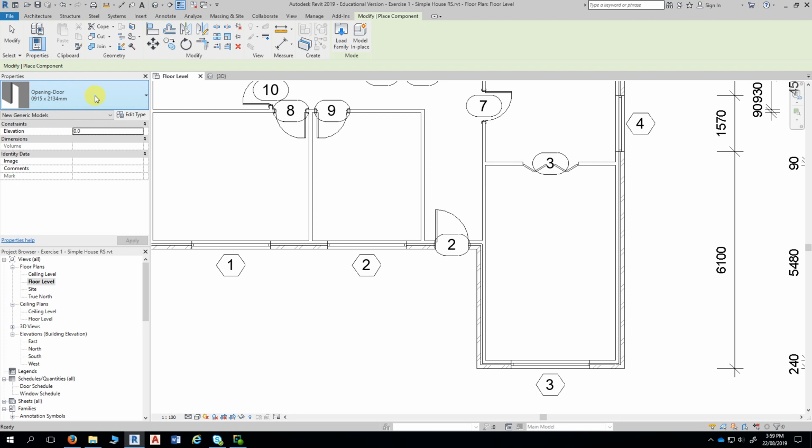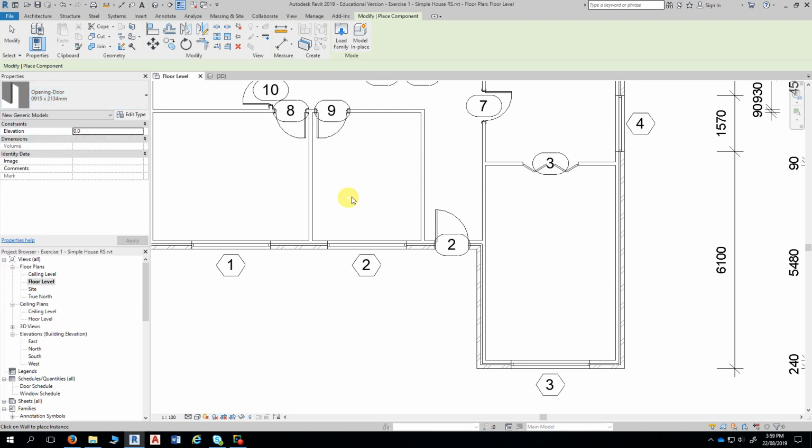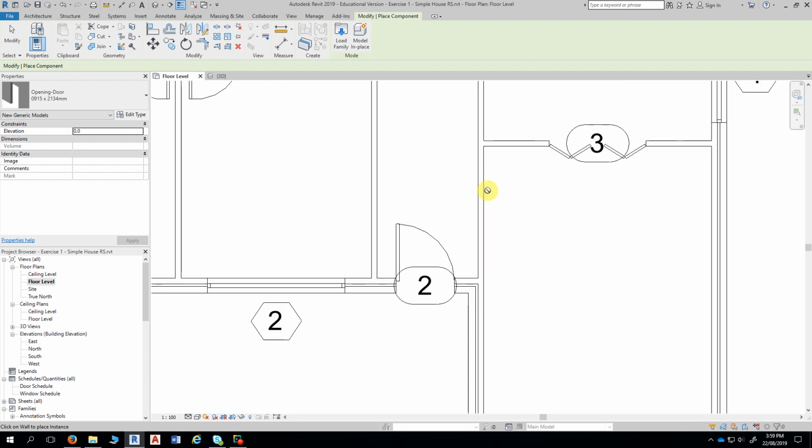It's no different to creating a type of any other window or door. So just accept the type here. I think there are a few different types, but the 915 by 2134 is the one we need. So just come over to the wall itself,